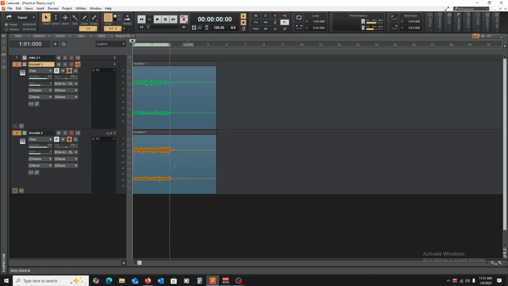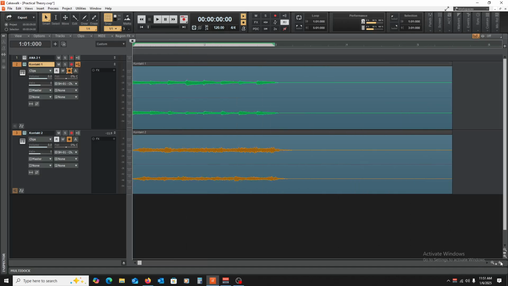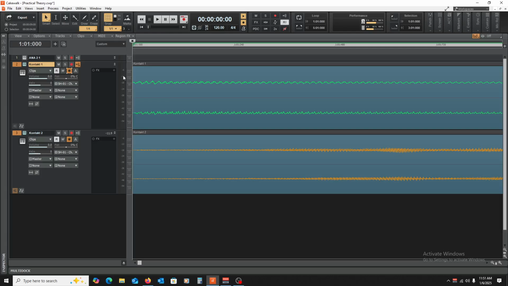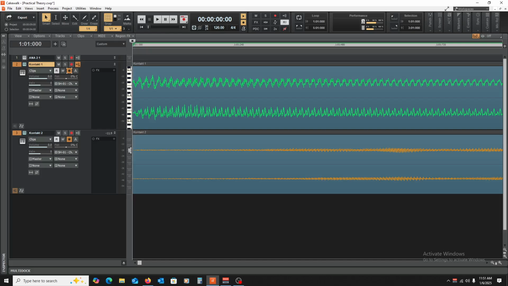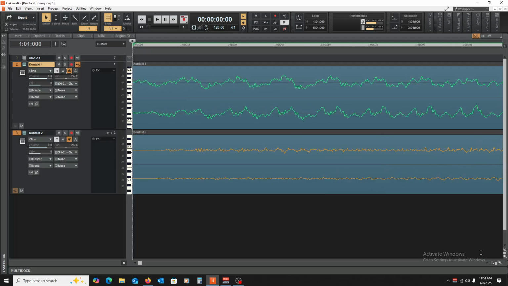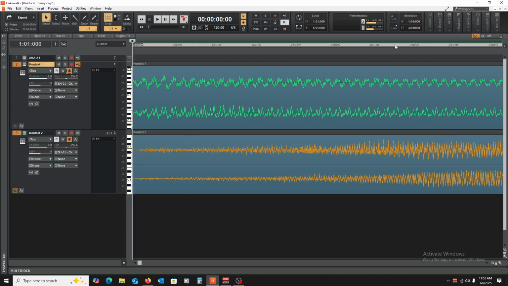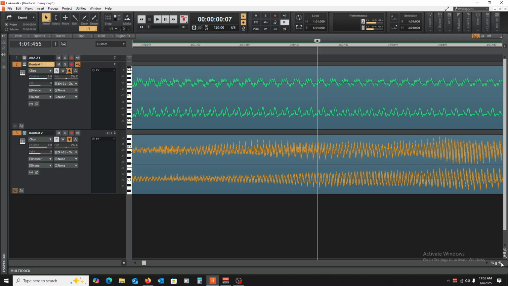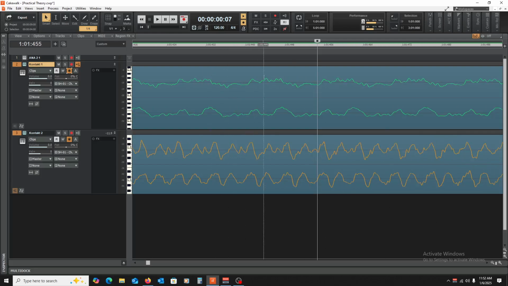All right, so it's taken the MIDI notes and it's created an audio track of this. And we're going to zoom in on these tracks a little bit so that we can really see what's going on. And as you can see, these are the waveforms generated by those instruments. Maybe we'll come over here just so that we can see a little bit better what's going on. But there's differences. You can see that a piano looks different than a violin.